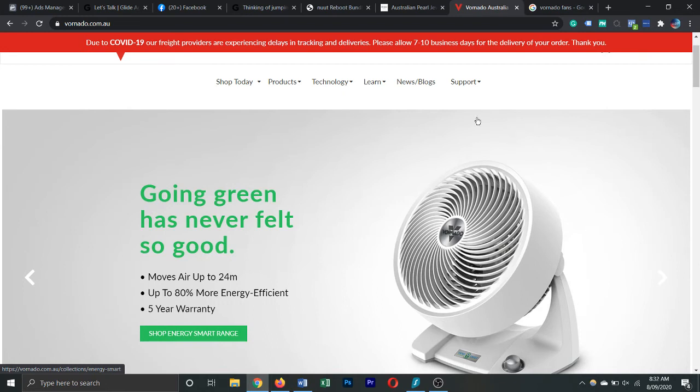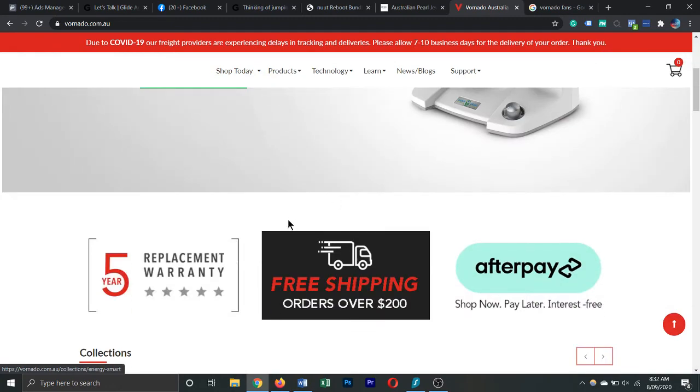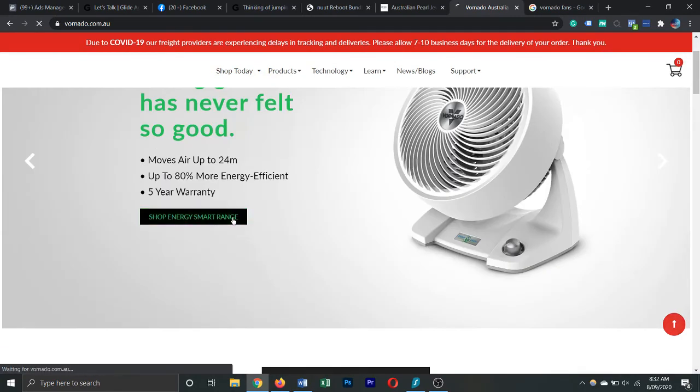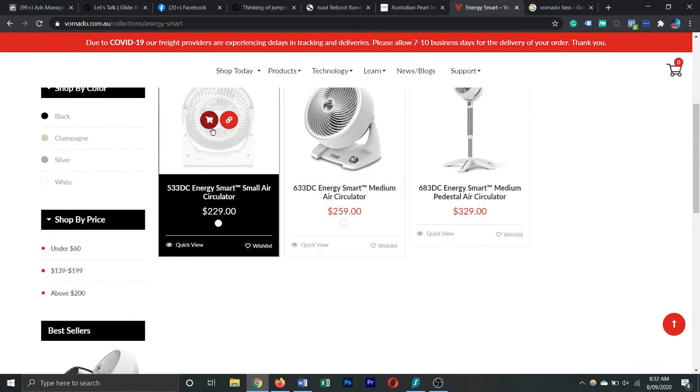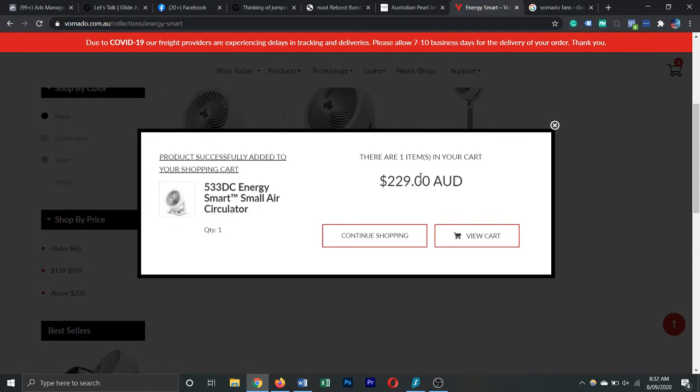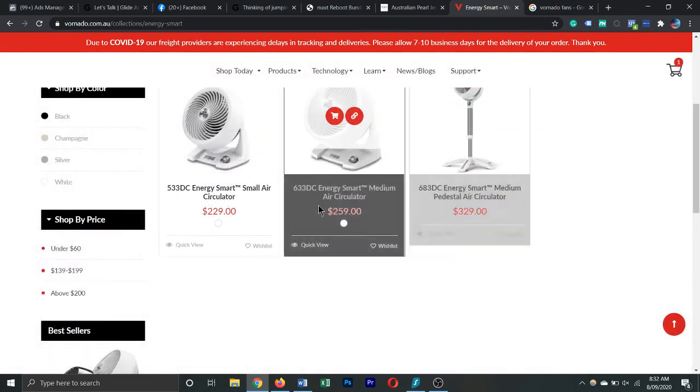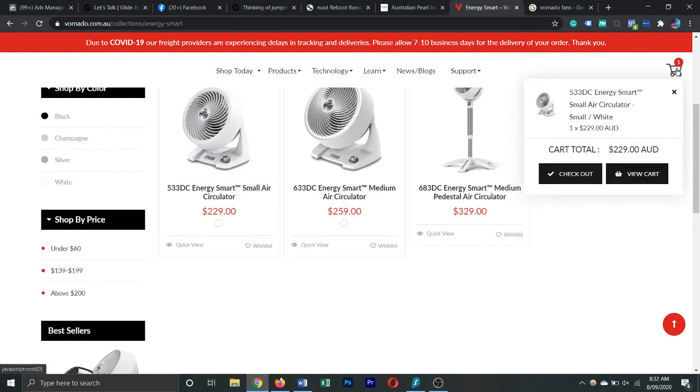Number 6 is test your checkout process. Is there anything dodgy with your process? So we're going to do a pretend checkout with Vornado. So I'm going to go to the Energy Smart range. Everything looks good so far. It's a Shopify site, so everything's nicely laid out. This all looks good. So if we go to add it to cart there, so if we want to start initiating checkout,